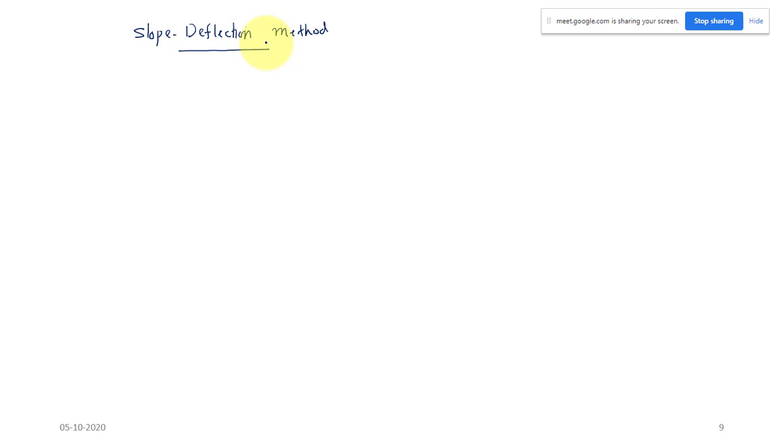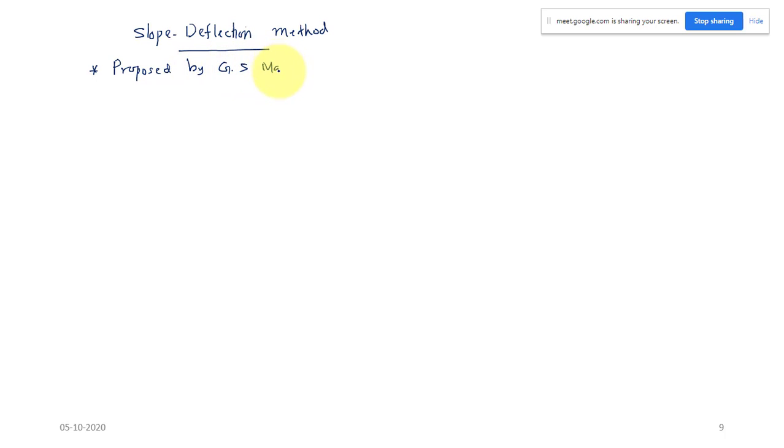Mainly in your beam and frame, the degrees of freedom are going to be slope and deflection. So we are solving the unknown displacements first, which are slope and deflection. That is why we call it the slope deflection method. So I will just give a brief idea about this method. It was proposed by,